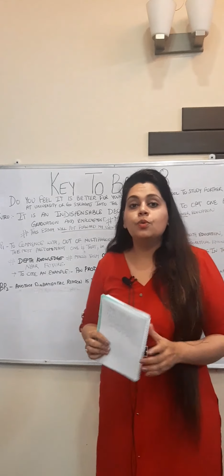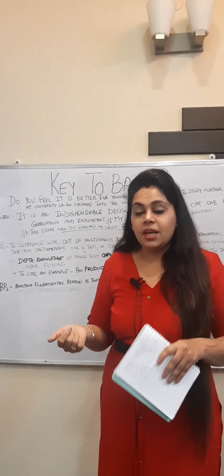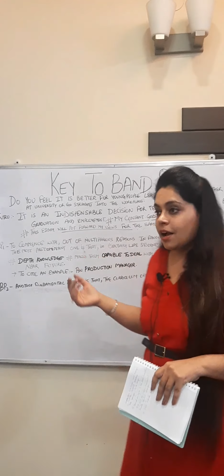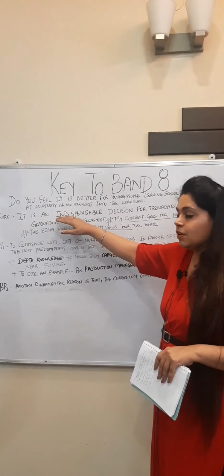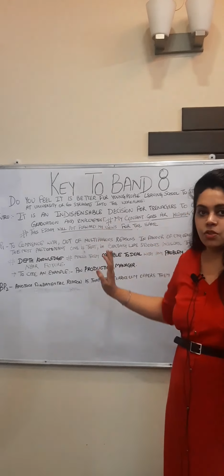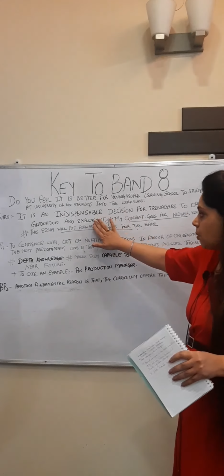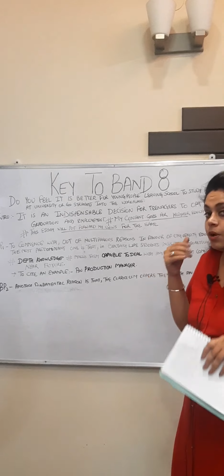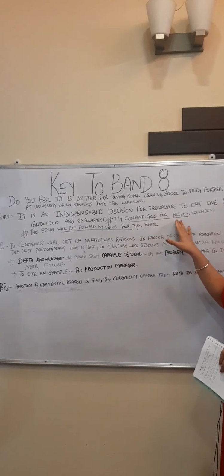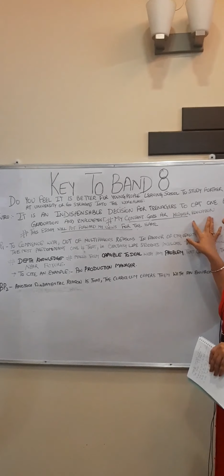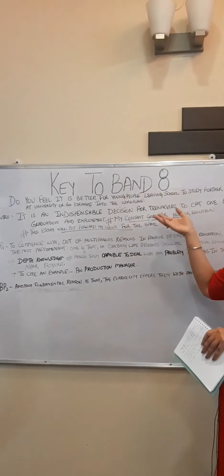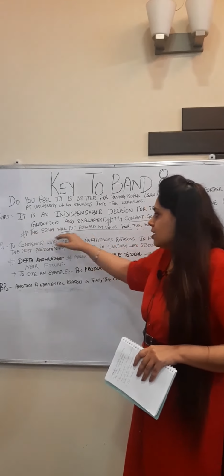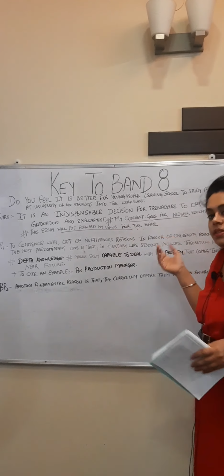This is how you need to rephrase your question in a way that it looks new. It doesn't look like you are just writing down the same thing. The neutral background statement I've given is that it has become an indispensable decision, right? And I've rephrased the question. Then I've stated my consent. You need to write down what you think. My consent goes for higher education. Again, I am not using further studies or university, I am using higher education here. Again, this essay will put forward my views for the same.